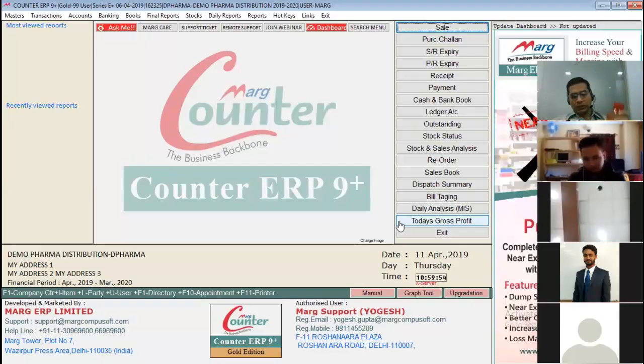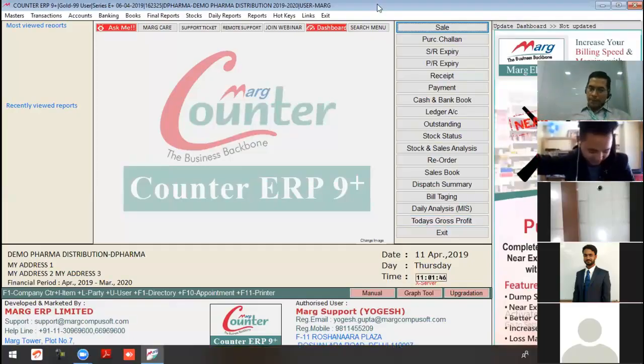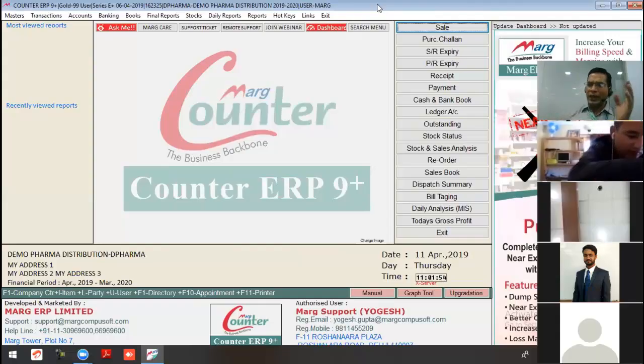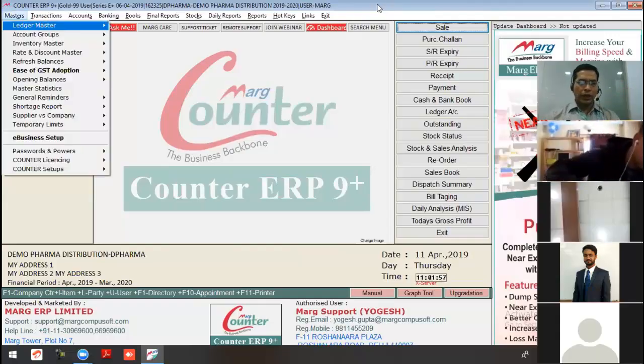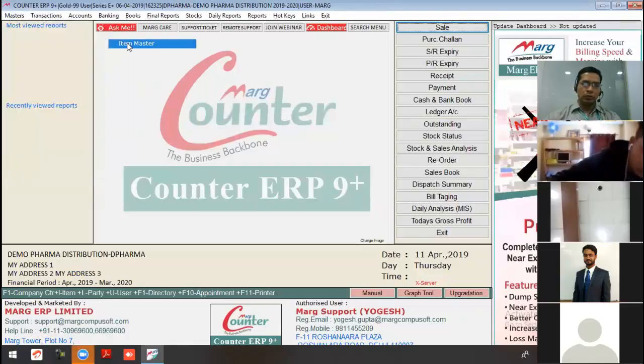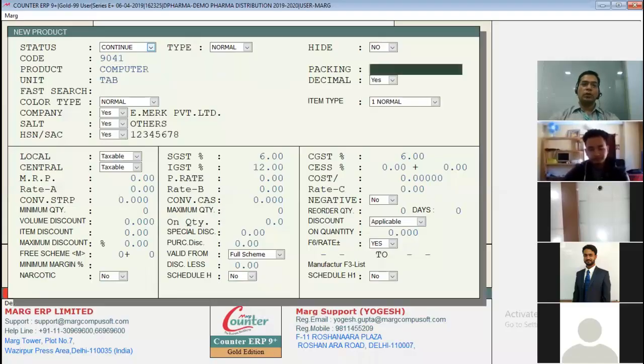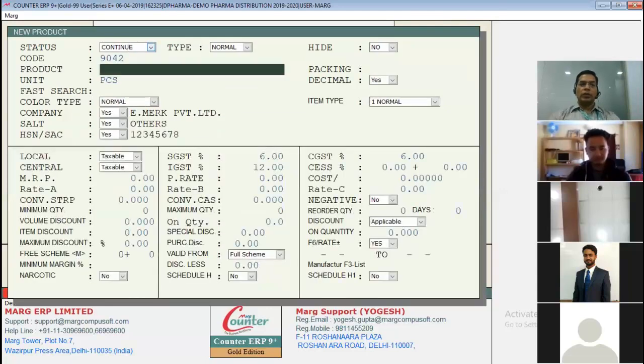I purchase loose RAM, hard disk, CPU, monitor. Then I assemble and then I sell. So how to do it? That is the work of BOM. Making one computer by using several items, maybe RAM, maybe hard disk, monitor, CPU. For example, I'll take 2 or 3 just, right? So what I'll do, I'll make items. First of all, my finished goods, F2, that is called computer. I measure it in piece. Control W, save. Then I use CPU.